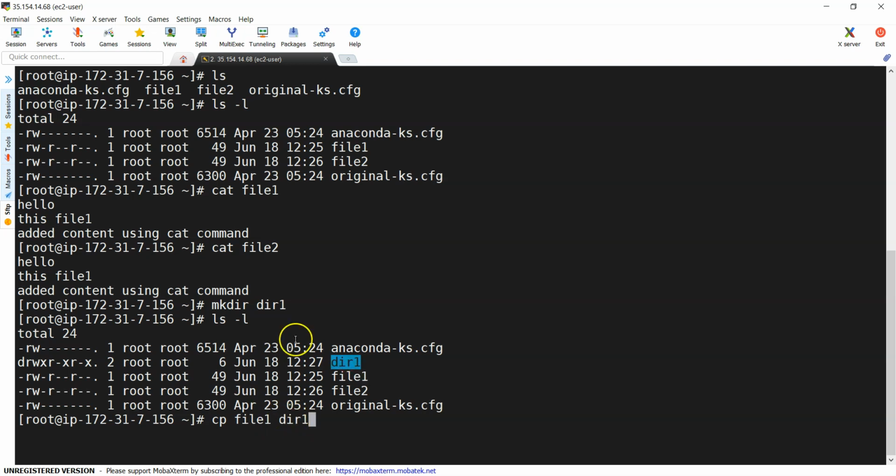Earlier we gave cp file1 file2. If your destination location is a file, then it just copies the content onto that file. But if your destination location is a directory, then it checks whether file1 already exists there or not. If it does not exist, it is going to create file1 and copy the data.